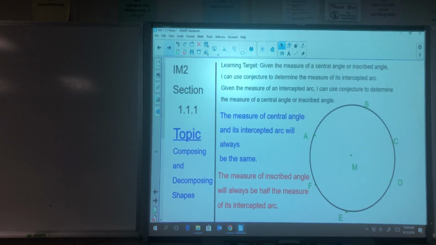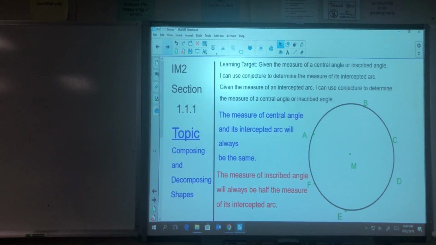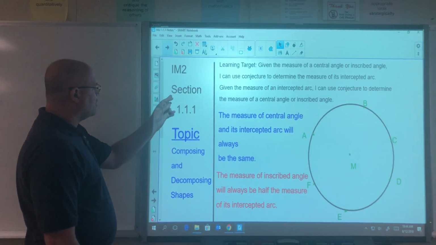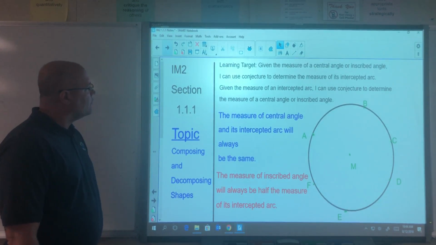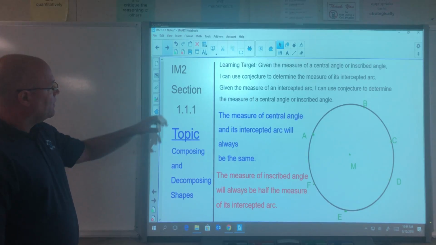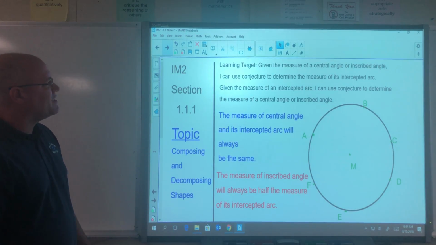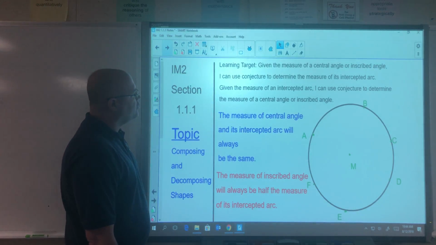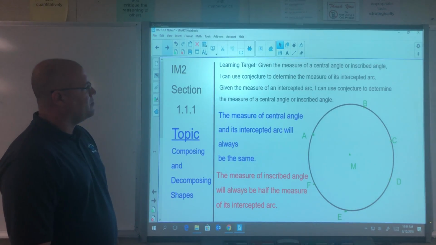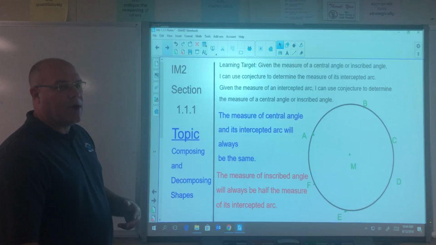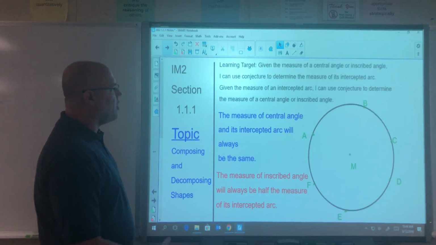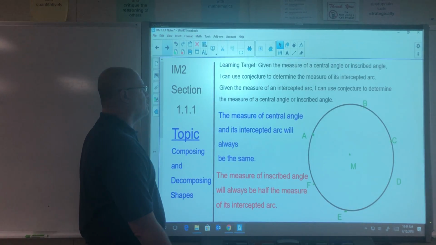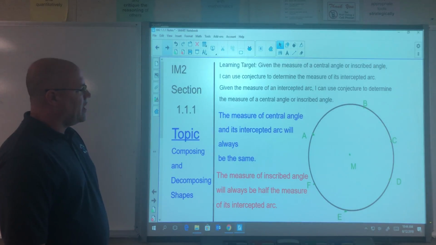All right, welcome back to video 3 of 3 for Integrated Math 2 section 1.1.1 notes. New learning target. Our learning target is: given the measure of a central angle or inscribed angle, I can use conjecture to determine the measure of its intercepted arc. And then we can do it the other way as well. Given the measure of an intercepted arc, I can use conjecture to determine the measure of a central angle